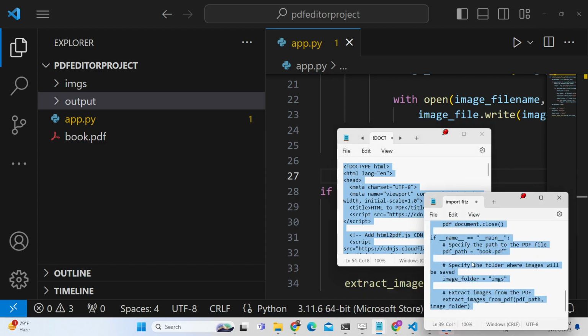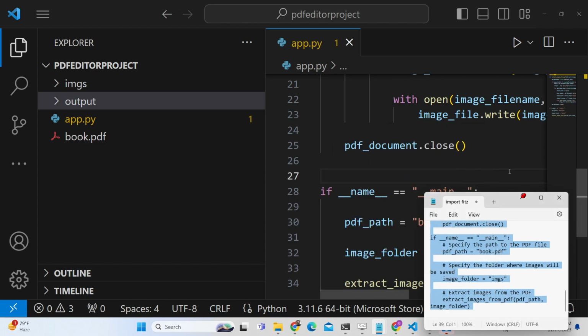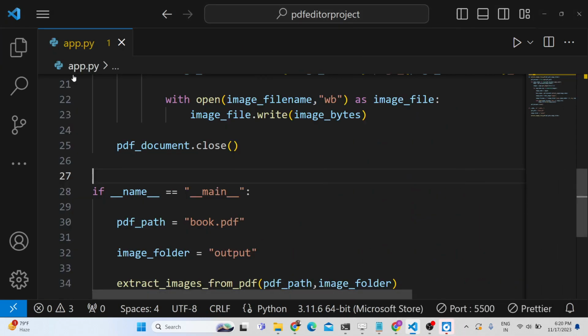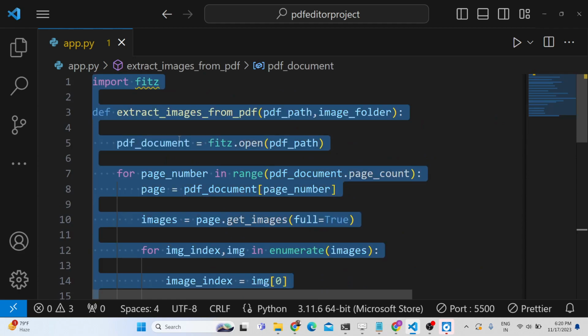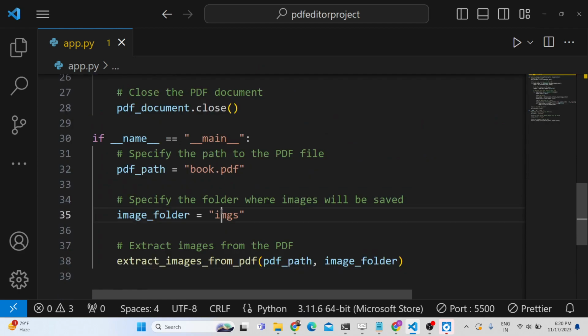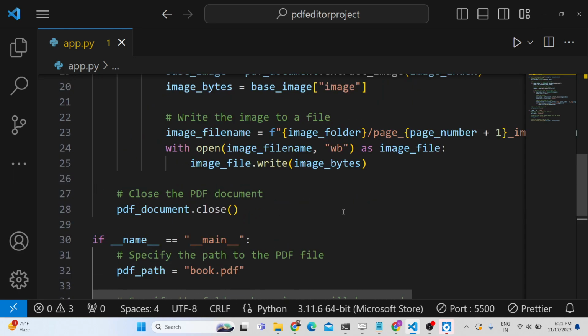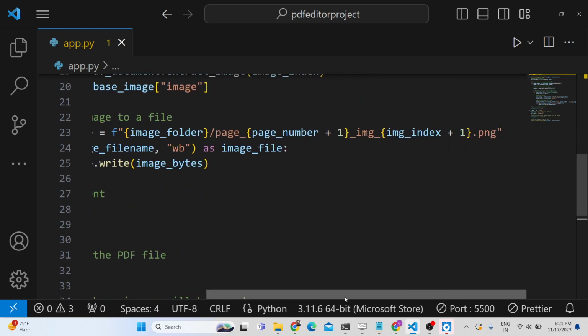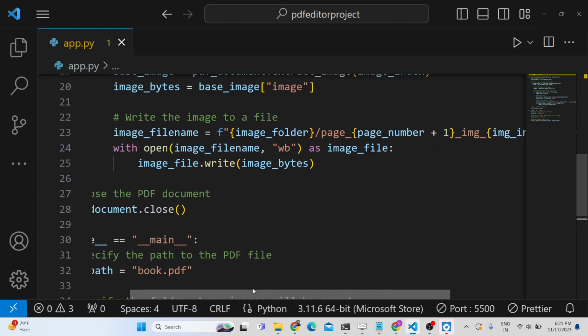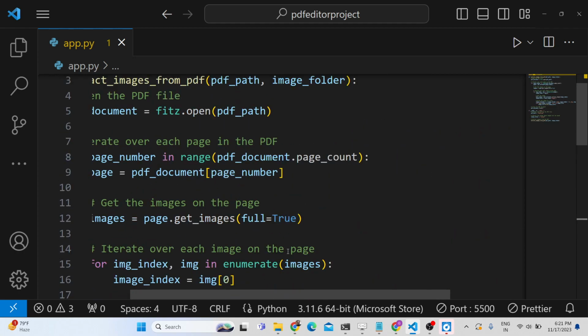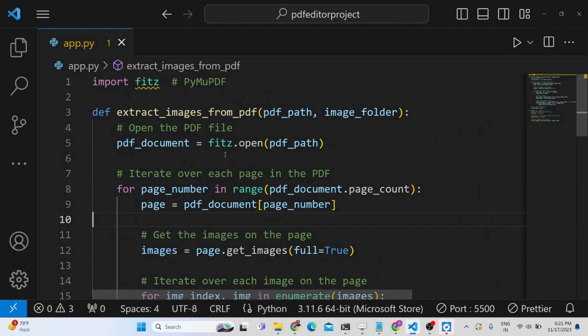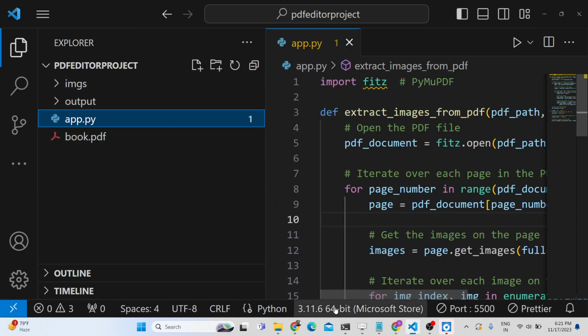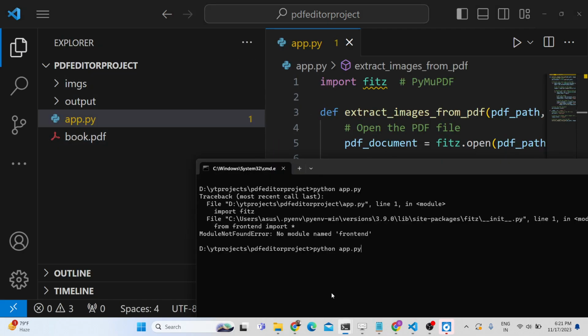Paste it here. You can pause the video and see. So this is the thing, guys. If you can change the folder name output. So let me pause the video. You can write this code right here and see that sometimes in coding mistakes can happen. So if I again run this,